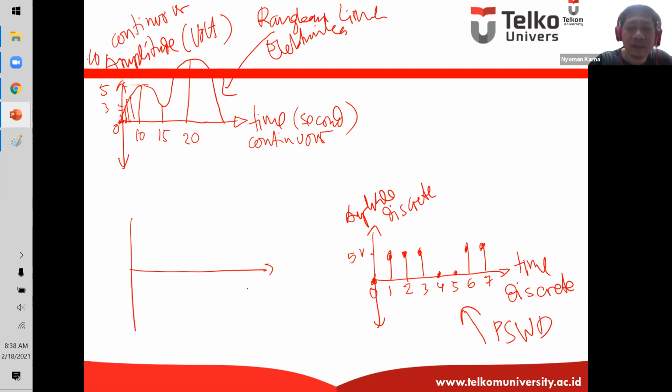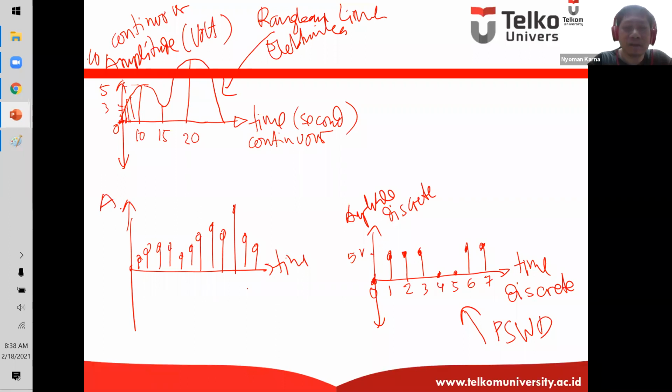The first one is something like this, where the time is discrete, but the amplitude is continuous. So the time is discrete, but the amplitude is continuous.